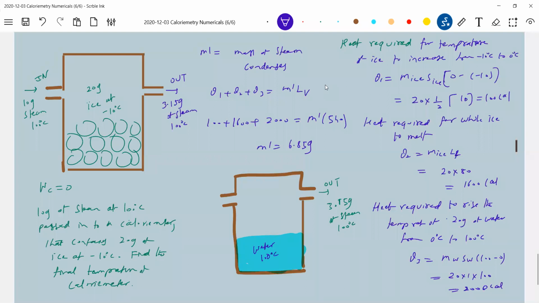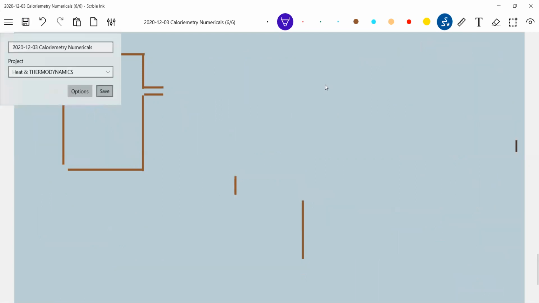100 degrees Celsius water. Now, what will be the final content? 20 plus 26.85 grams of water. So don't think that only steam and water, even the steam as well as ice will have interaction. And this is what the condition arises. I can mix steam and ice. I can mix the water and this one. So these are the different types of numericals you may encounter.